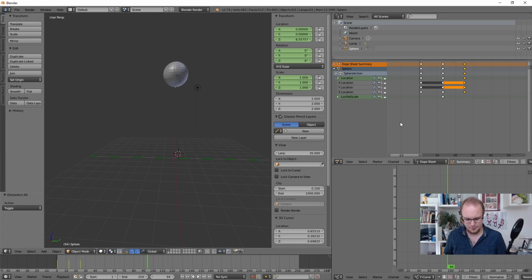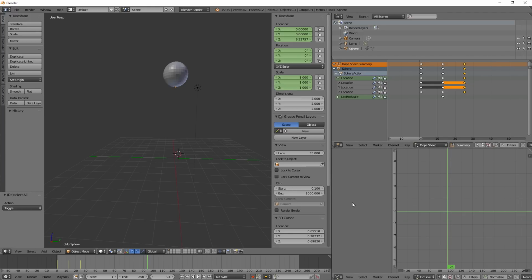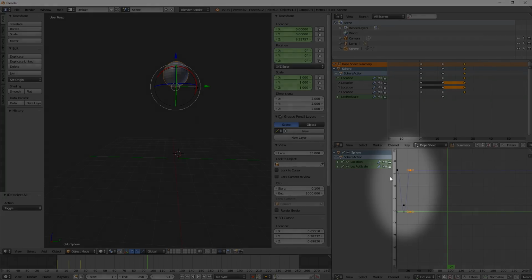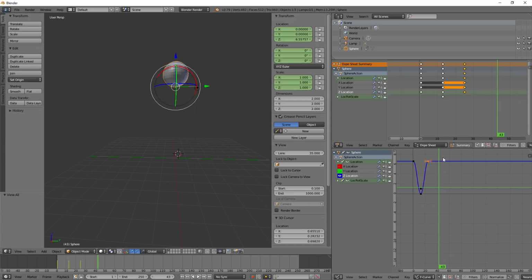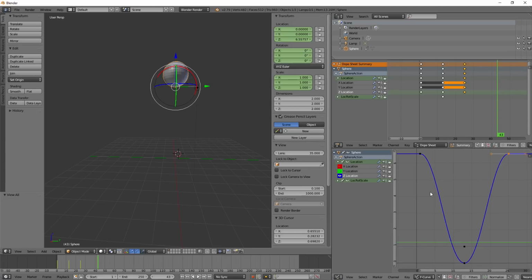And to do that, we first need to select our object. And there you can see already some things appearing. And what we want to focus on, of course, is the Z location. We can make everything else invisible and just click on the Z location because that is the only thing that we animated so far. In the graph editor, you can hit the home button, or on my keyboard is the position 1 button, to zoom in on the current view,